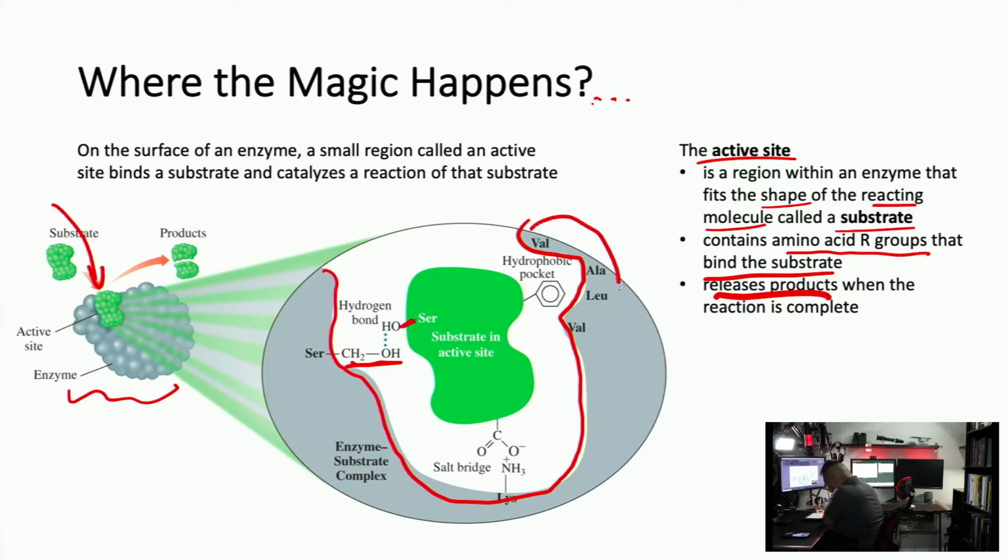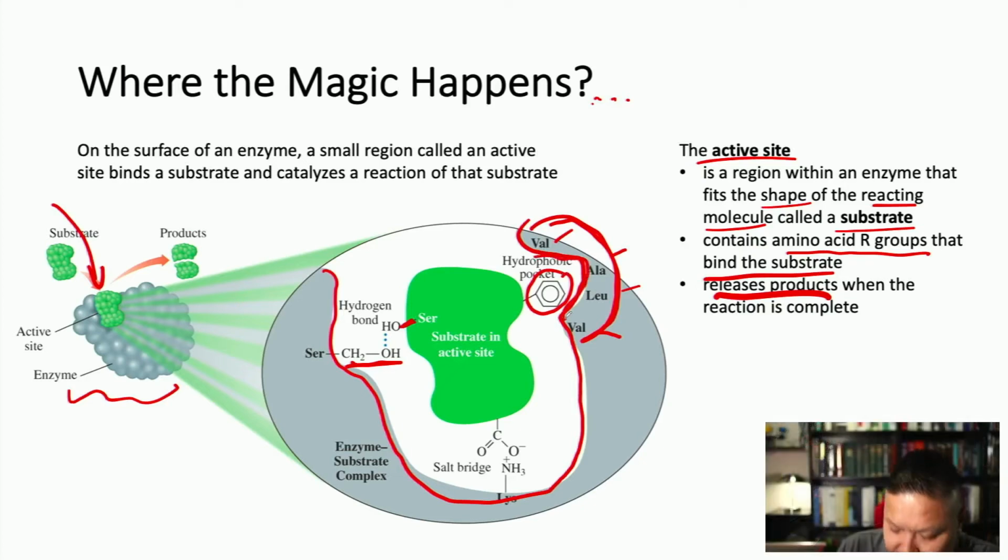There's a hydrophobic pocket right here in the active site, which means that it's a little hole that has only nonpolar amino acids like valine, alanine, leucine, and valine again. And since that's there, the substrate has a phenyl ring, or benzene, sticking off of it, that loves to just seat itself right in that little pocket. So it sits there. And then here we have a lysine, and the lysine is doing an ionic interaction, or a salt bridge, with the carboxylate that's coming off of the substrate.